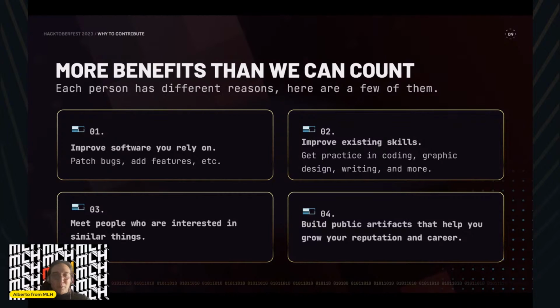Plus, you're improving your skills, and it's open source, so it's public, so everyone can see it. It's not like in other jobs, right? Where you build an amazing interface or such great code, but you cannot share it. You cannot show it to anyone because you signed a non-disclosure agreement. It's part of your company. It is not public.